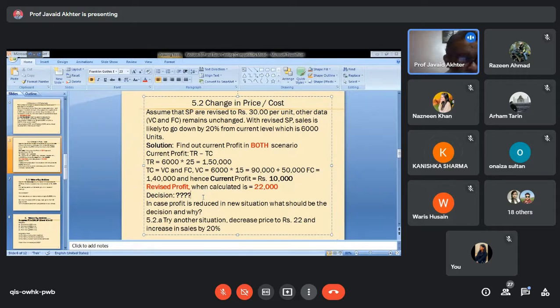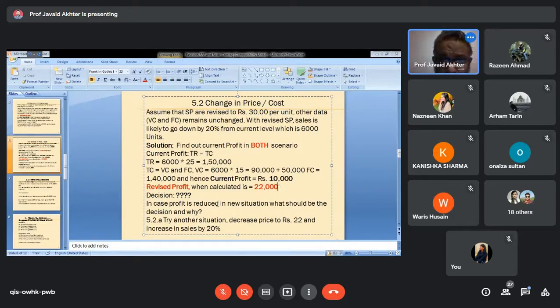If not now, because your time will be spent in the class, you may verify whether this calculation is correct or not. Attempt it once the class is over. You will find that the revised profit in the revised scenario will be 22,000. If you don't get this figure, come back to me in the group or somewhere. I'll explain it to you.